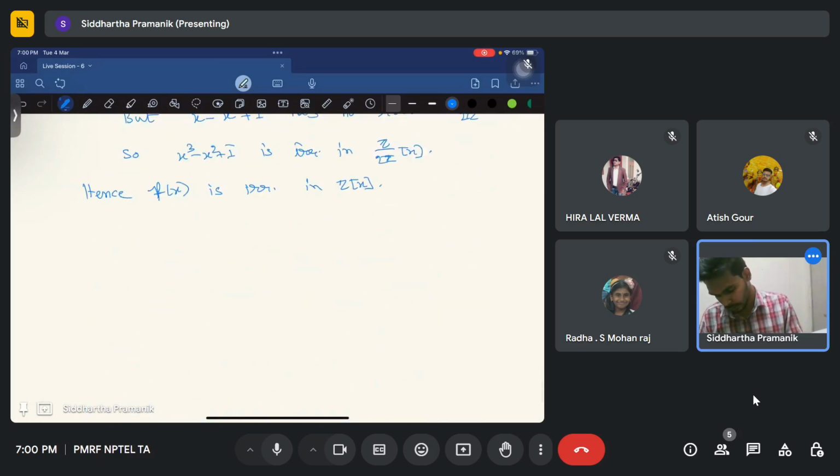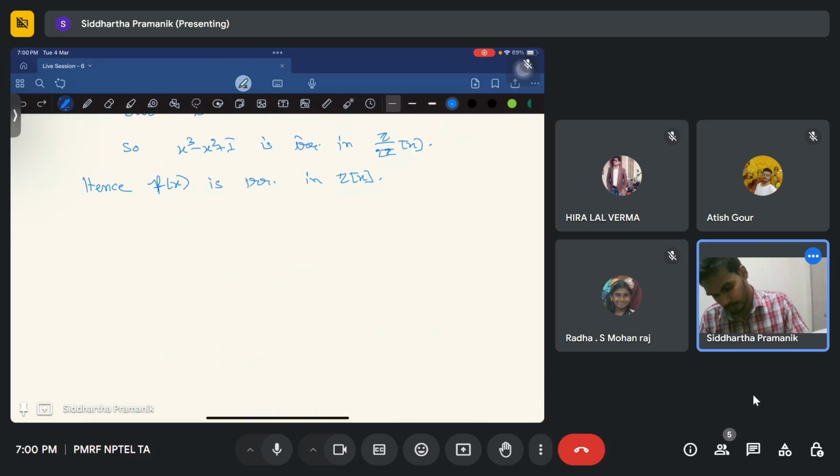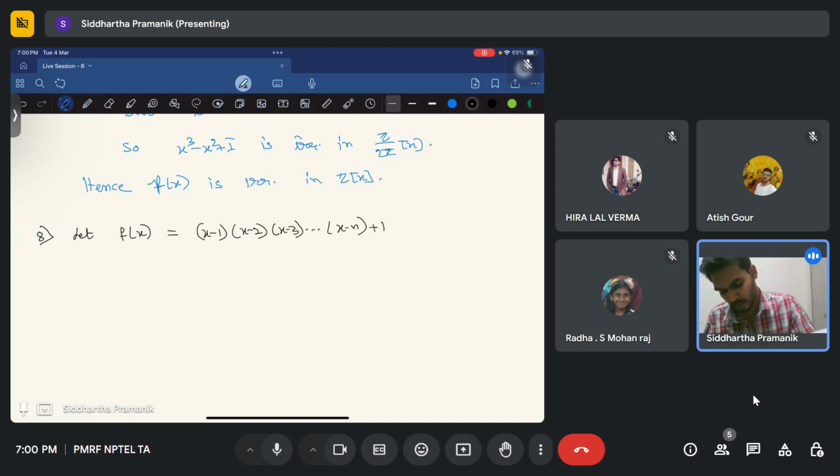Problem 8. Let f(x) equals (x minus 1)(x minus 2)(x minus 3)...(x minus n) plus 1, which belongs to Z[x]. So this is a polynomial in Z[x]. Then prove that